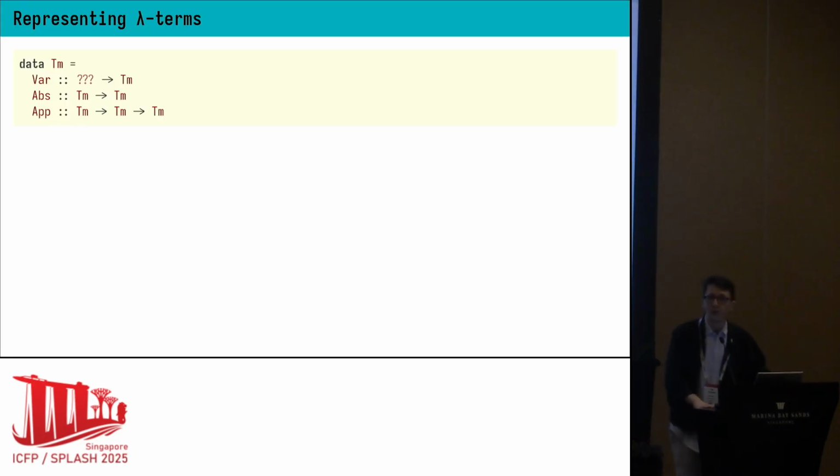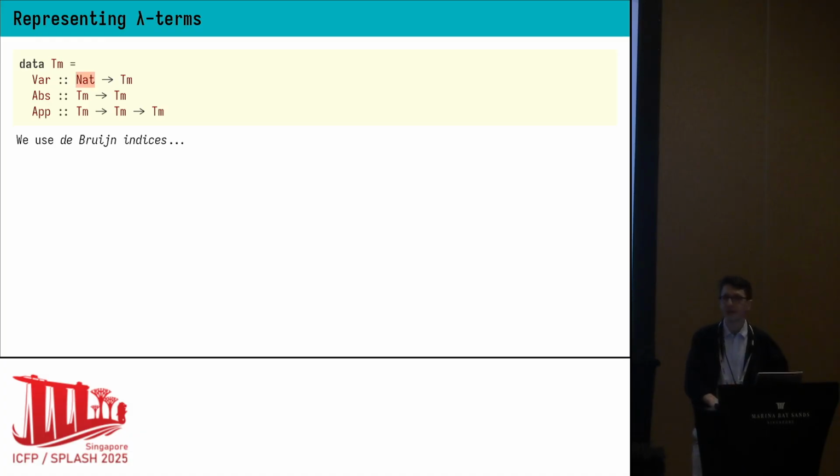So for this part, we're gonna use everyone's favorite programming language, the Lambda calculus, and here you can see a Haskell representation of its abstract syntax. And already here we have a really important question to answer. How are we gonna represent variables? So the choice made by Rebound, and hence the choice we'll make as well now, is to use the de Bruijn indices. Hence, we're gonna use natural numbers, but already there we have an opportunity for improvement if we use dependent